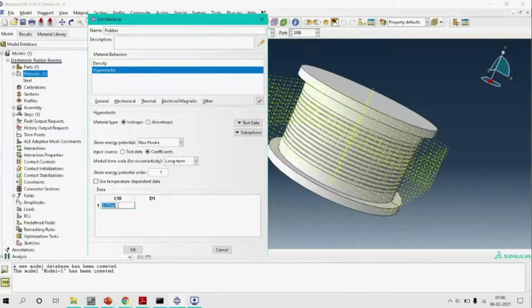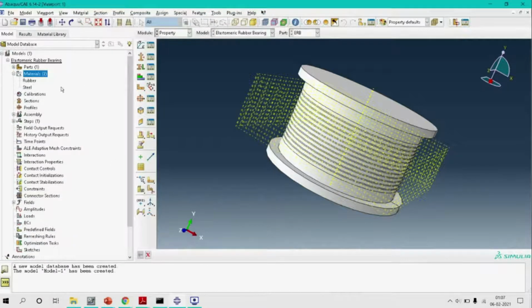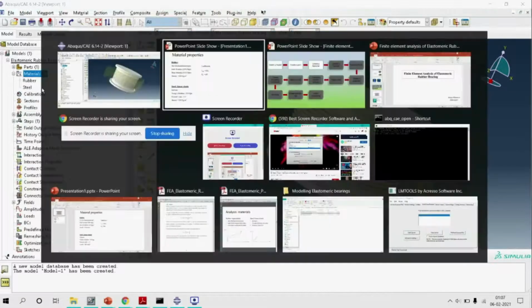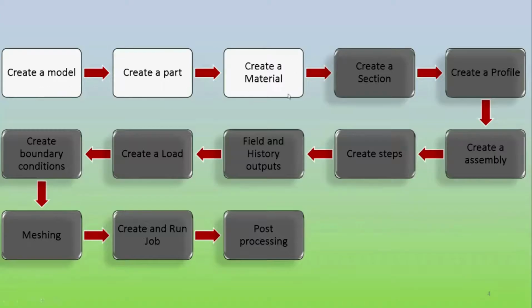So this comes to 0.325E6, and this comes to 0E-9. Okay, so both of our materials have been created, and now the next step is to create the sections.